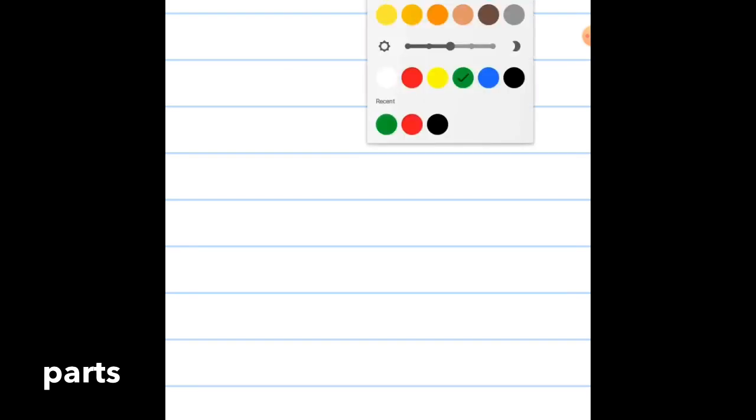The first letter is U. Part 1, U, stands for Union and Territory, from Article 1 to 4 of the Indian Constitution.